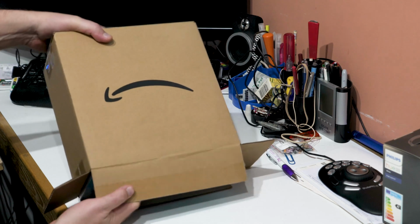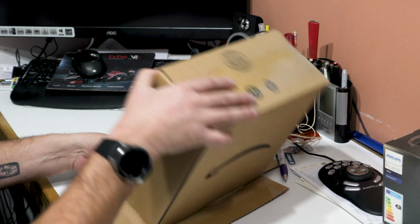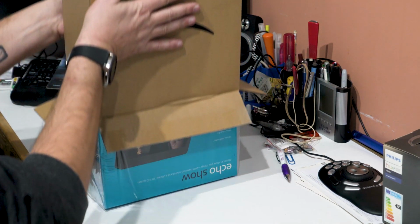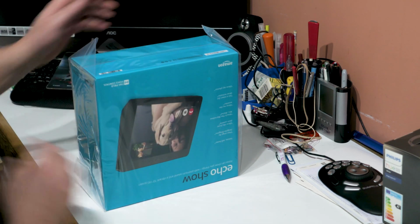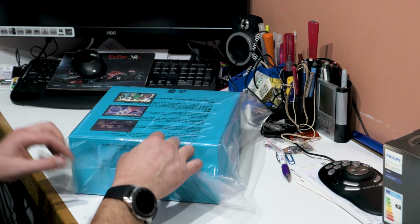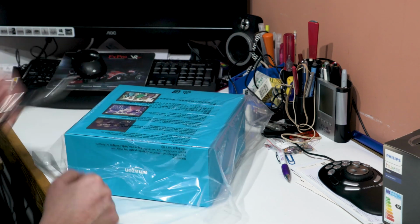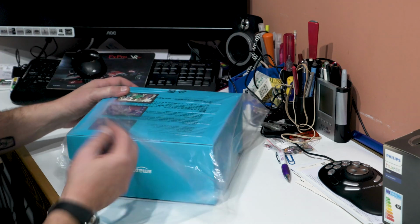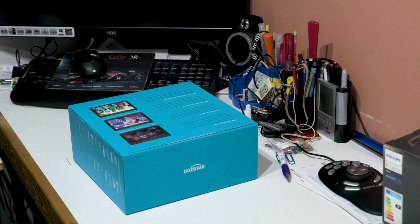I'm not one to go into too much detail about features and installation and all that, but what I'm more interested in showing you is the home integration and how it works with different devices around the house. I can't say I have the smartest house out there, but I have a smart TV, I have a Harmony smart remote and hub,